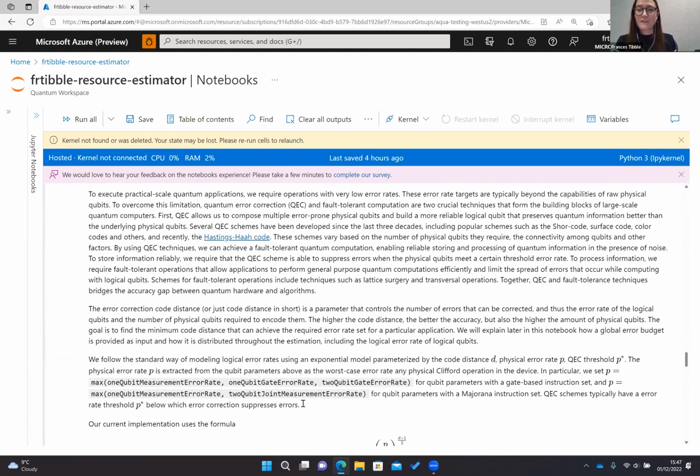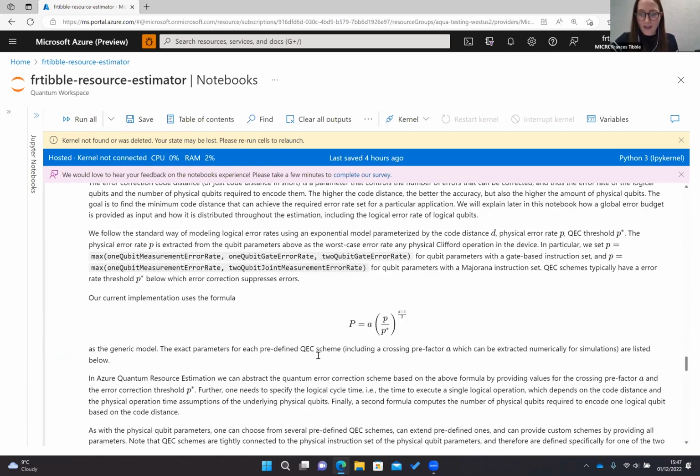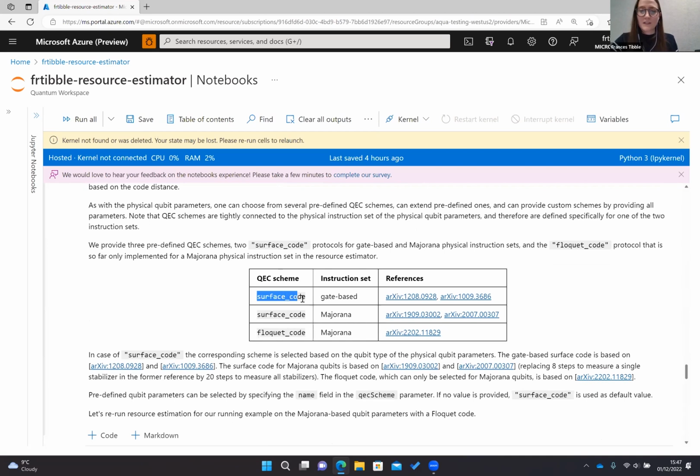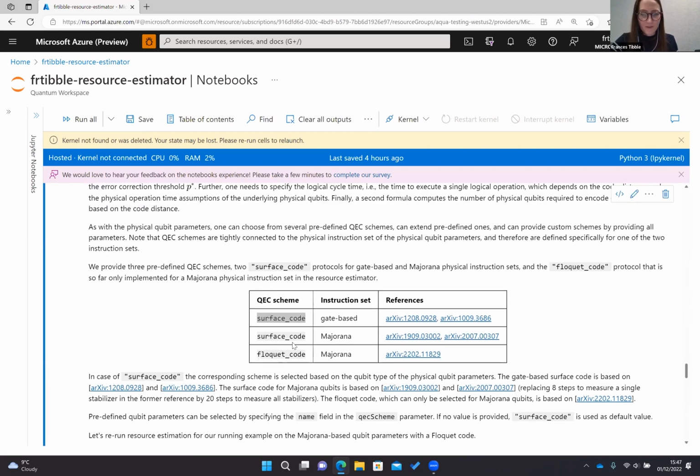And in order to get that useful logical qubit, we have quantum error correction schemes. One of the most famous ones is the surface code, which you can use for both gate-based and Majorana-based instruction sets. And that was what I was running the original demo with.